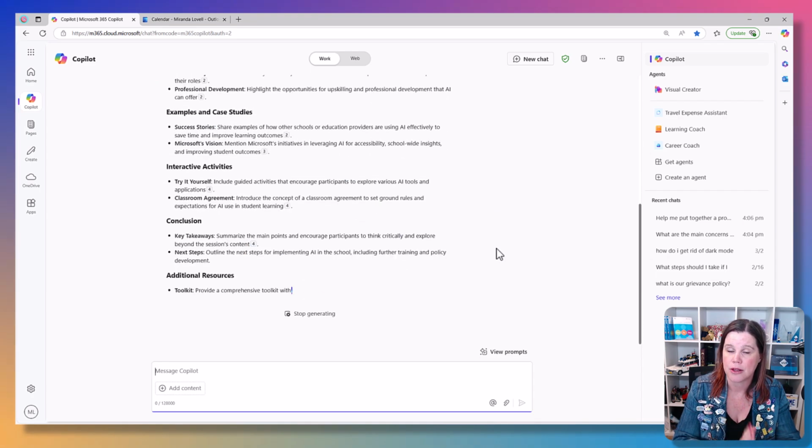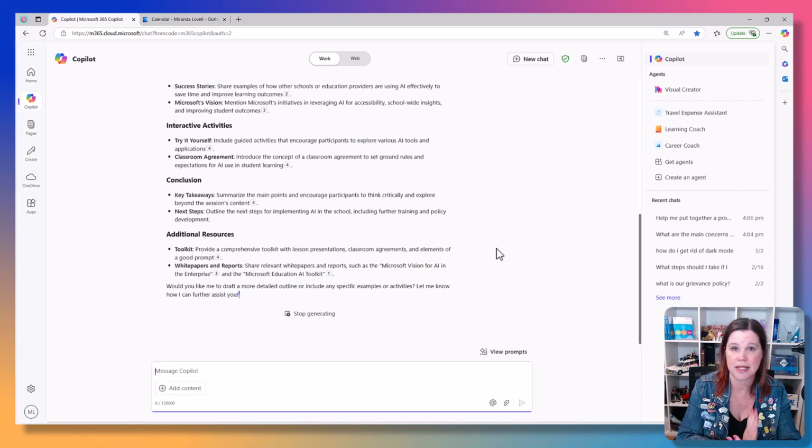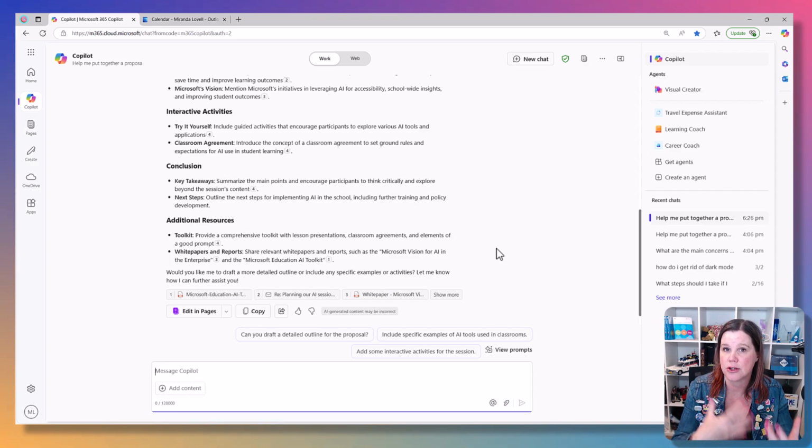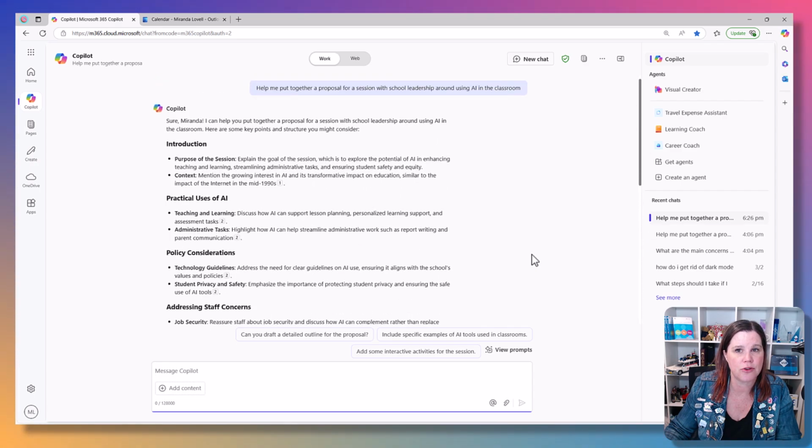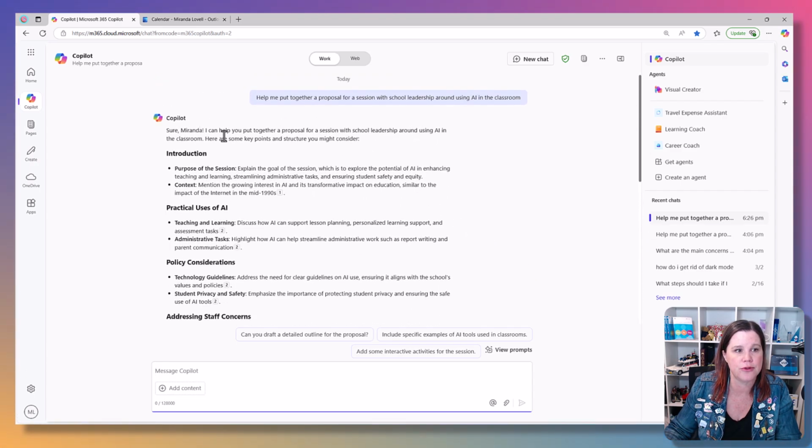Now, we haven't called out anything specific that we want to use here, but because I'm in the work tab, the first thing it does always, even if I don't ask it to, is it goes ahead and starts to look for relevant information in my emails, in my chats, in the documents that are associated with those things. So let's scroll up to the front here, and it's coming through saying, sure, here are some key points,